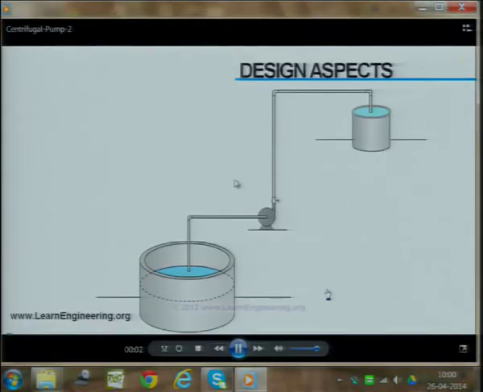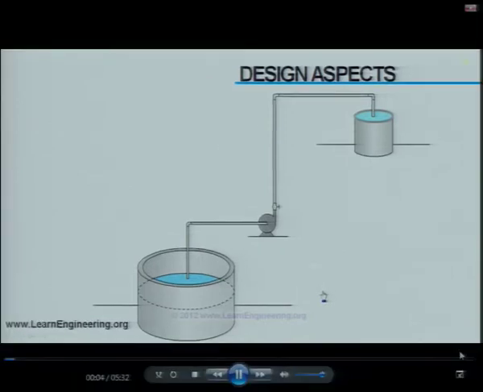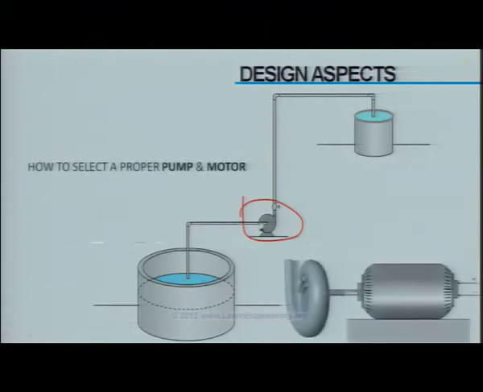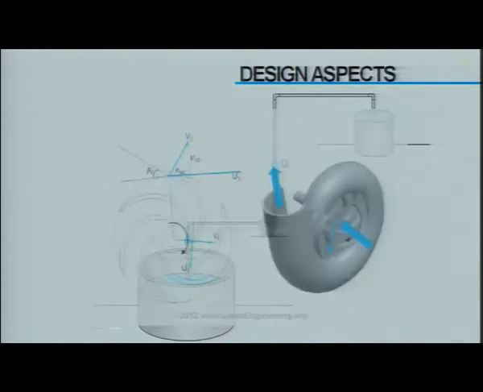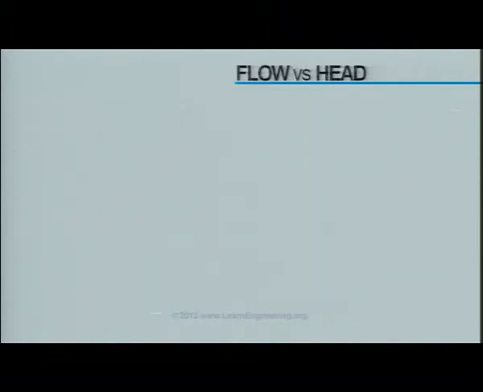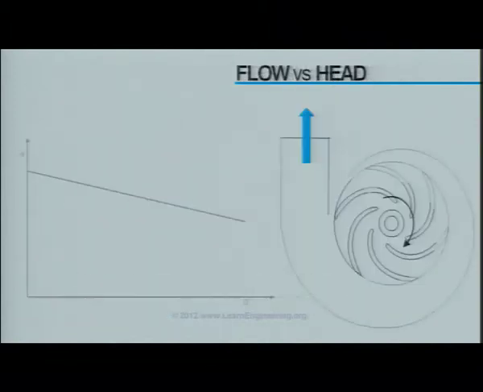In this lecture, we will learn design aspects of centrifugal pumps. More precisely, we will learn how to select a centrifugal pump and motor for pumping fluid at a specified rate for a given system. Before going to design part, we will extend the theoretical knowledge gained in first video to more practical sense. We have discussed that energy head developed by backward curve pump decreases linearly with flow. But this is theoretically maximum energy head possible, obtained assuming whole shaft power input got transformed to fluid energy.